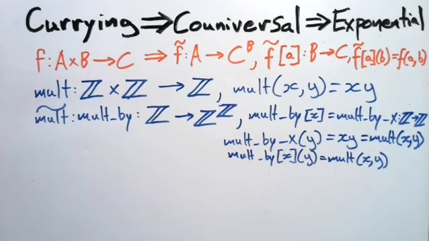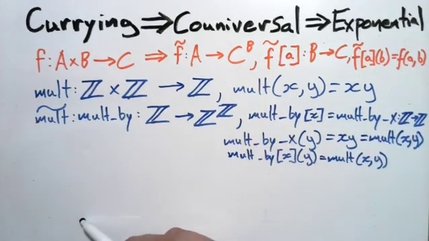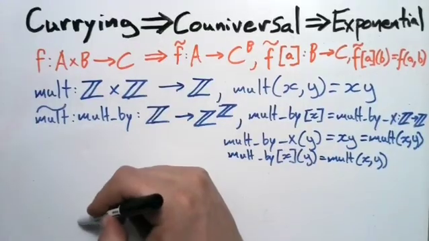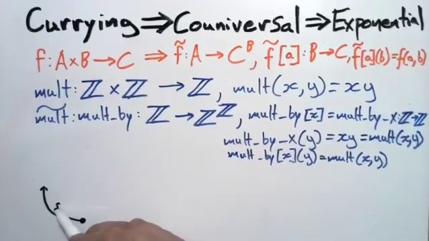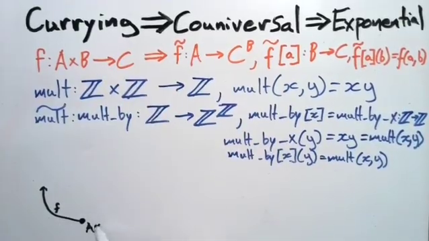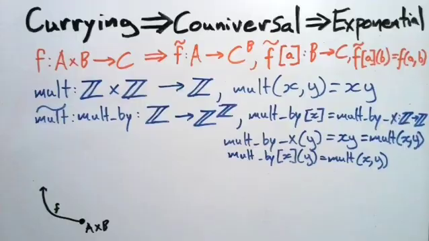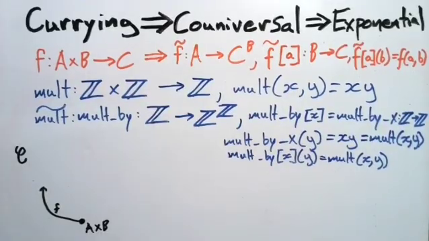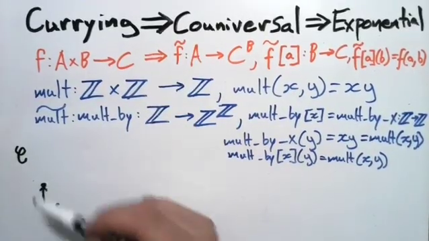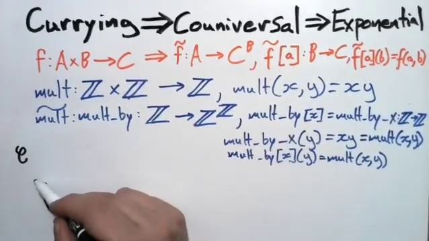So how do we start to translate this into the language of category theory? Well, let's start by drawing things out. So what we're saying is now if we have some morphism f going from A cross B, which is now just an object in the category, right? Maybe some category C, let's say. If we have some morphism f going from A cross B into C,